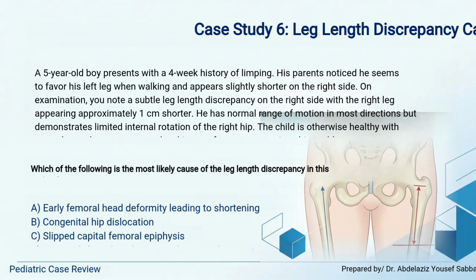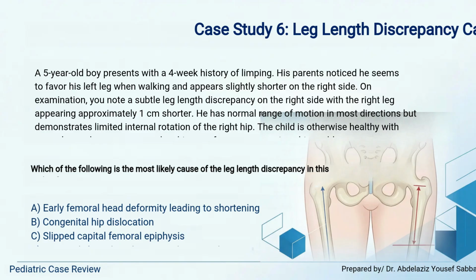Case Study 6. Leg length discrepancy causes. A 5-year-old boy presents with a 4-week history of limping. His parents noticed he seems to favor his left leg when walking and appears slightly shorter on the right side. On examination, you note a subtle leg length discrepancy on the right side, with the right leg appearing approximately 1